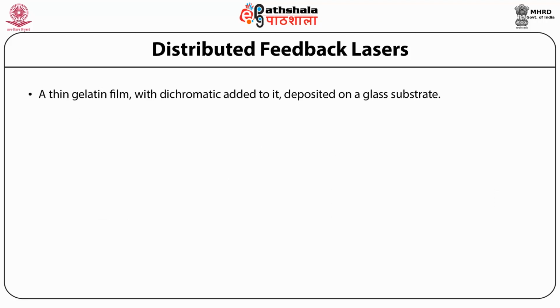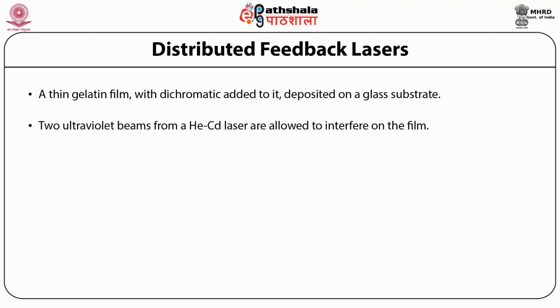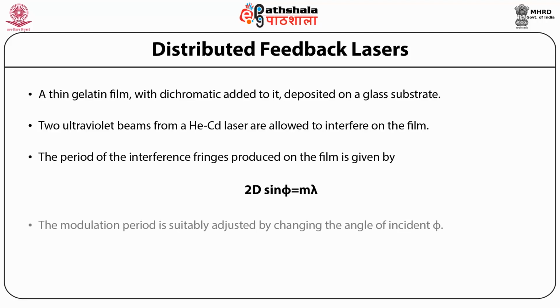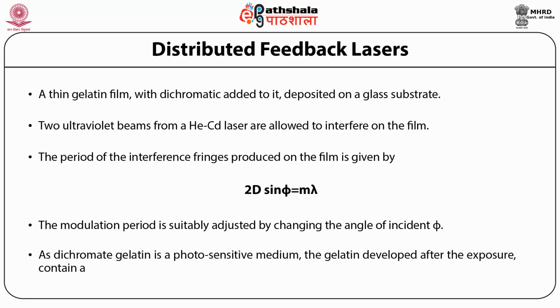A thin gelatin film with dichromate added to it is deposited on a glass substrate. Two ultraviolet beams from a helium-cadmium laser are allowed to interfere on the film. The period of the interference fringes produced on the film is given by 2d sin φ = mλ. The modulation period is suitably adjusted by changing the angle of incidence φ. As dichromate gelatin is a photosensitive medium, the gelatin developed after the exposure contains a